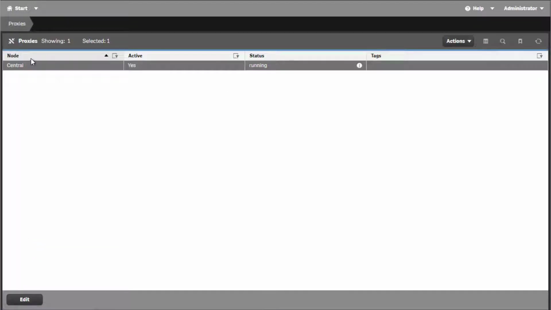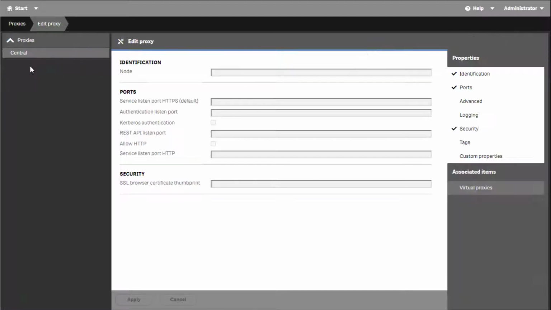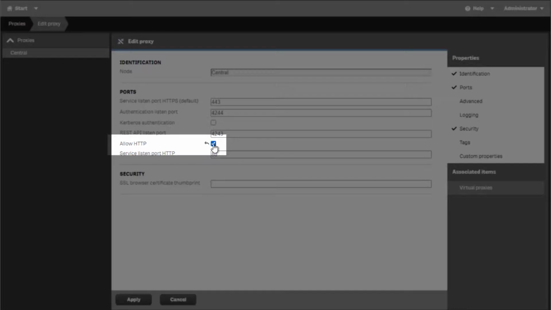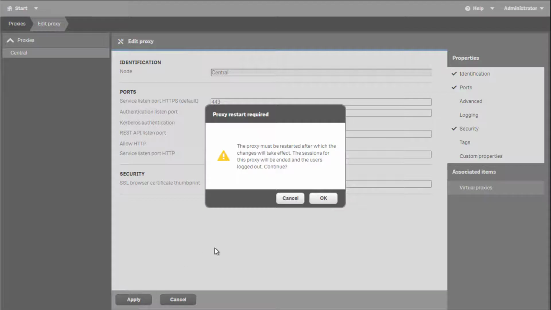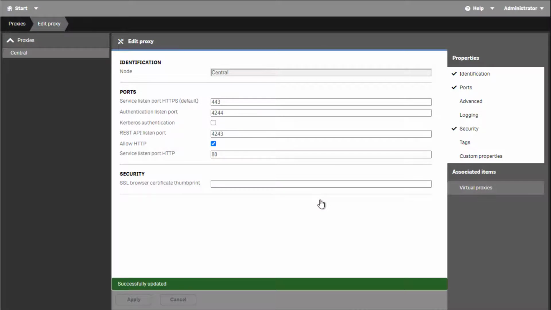However, before changing the certificate, as a precaution, it is recommended that plain HTTP is enabled in case the system is not able to recover from an issue that may lead to a lockout situation. This can be done under the ClickSense proxy ports configuration by checking the Allow HTTP box.